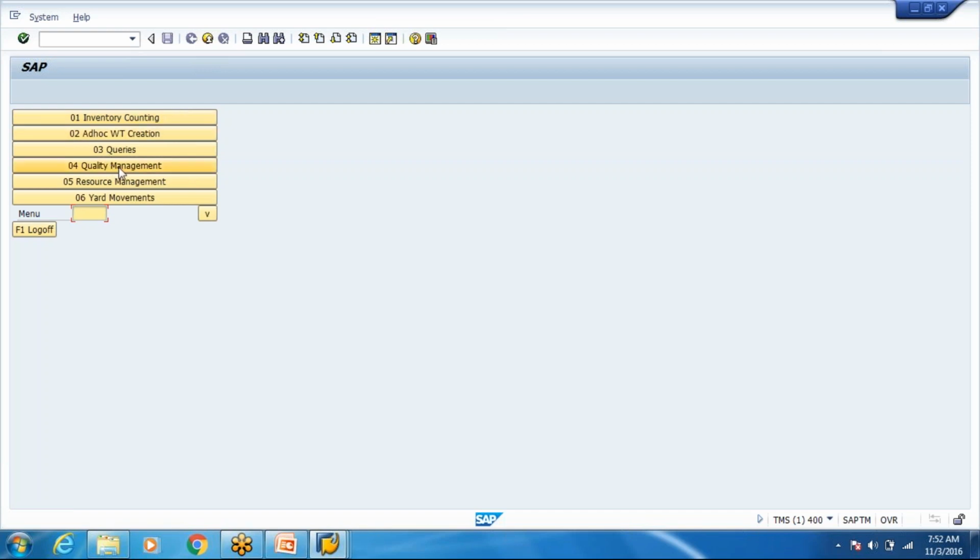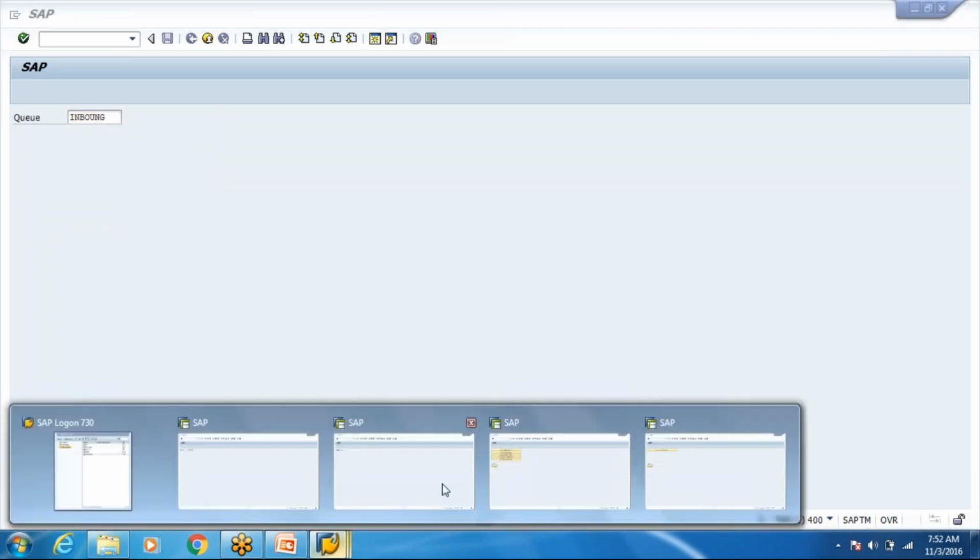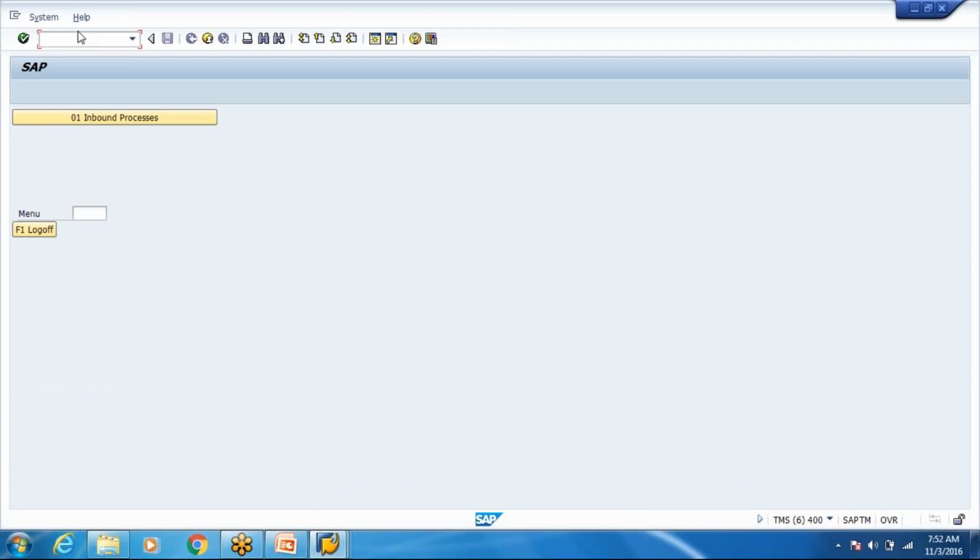Same with quality management. Again, the access will take care of things, but there are some common authorizations which might allow them to do things you don't want. So a typical approach is to assign the basic end users by queue, so they know they have to work in inbound. In the resource, we can give the standard queue.